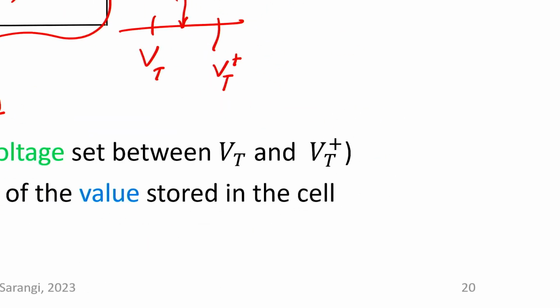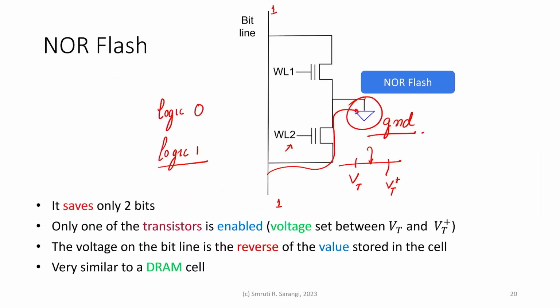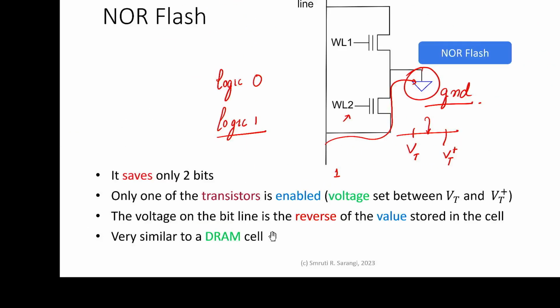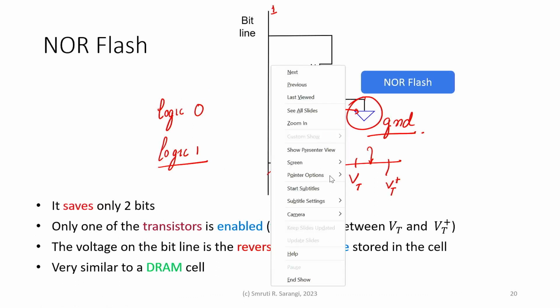So what you read over here at the end is basically nothing but the reverse of the value that is actually stored. So this is similar to a DRAM cell. In terms of usage, it is similar to a DRAM cell. The reason being that a DRAM cell would be something like this, and